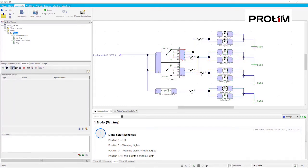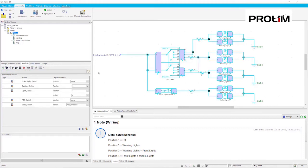We'll go ahead and switch over to Numeric Analysis. And Numeric Analysis takes into account wire cross-sectional area and resistance, so it provides an additional level of detail that qualitative doesn't. So for example, if we hover over an object with Numeric Analysis running, we'll get a pop-up with